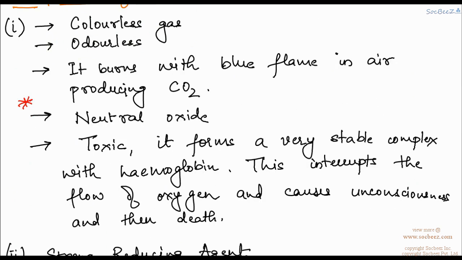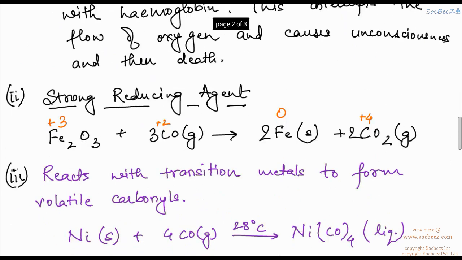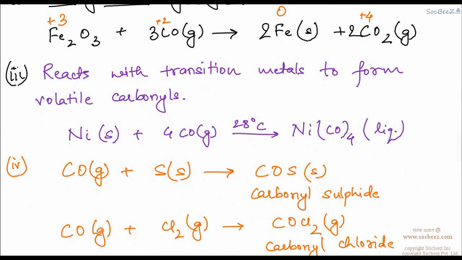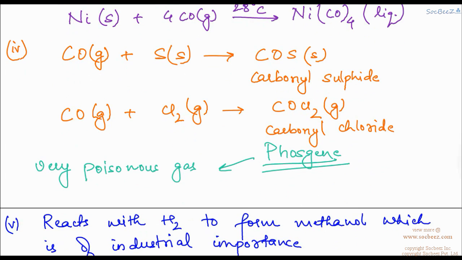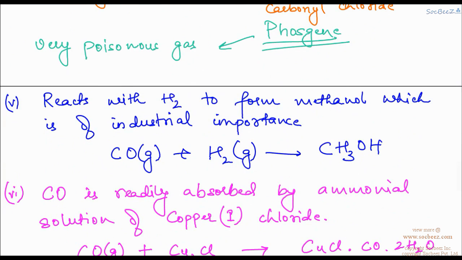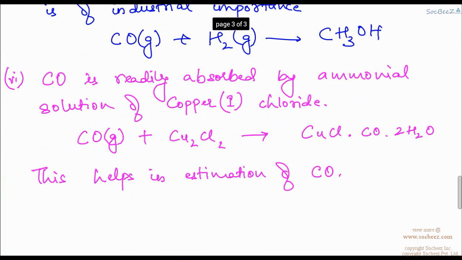In the properties, carbon monoxide is basically neutral, it is toxic and forms a stable complex with hemoglobin. It is a strong reducing agent. It reacts with transition metals to form volatile carbonyls, reacts with sulfur to form carbonyl sulfide, reacts with chlorine to form carbonyl chloride, which is phosgene, a poisonous gas. It reacts with hydrogen to form methanol, which is of industrial importance, and is readily absorbed in copper chloride, which helps in estimation of carbon monoxide. In the next video I will be telling you about another very common oxide of carbon, that is carbon